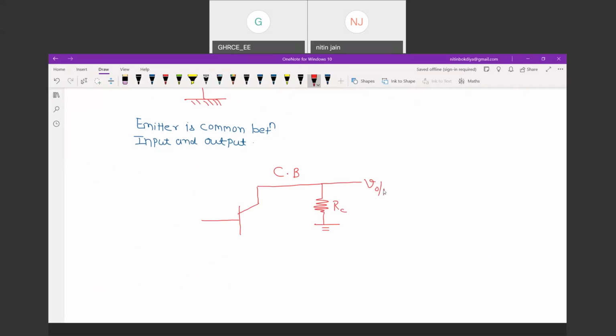Small signal out and base is connected to ground. I have eliminated all the DC supplies and collector is connected to, emitter is connected to supply. So let's connect one. This is RS and this is